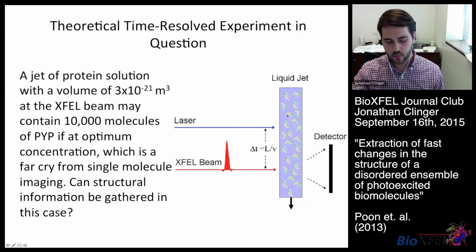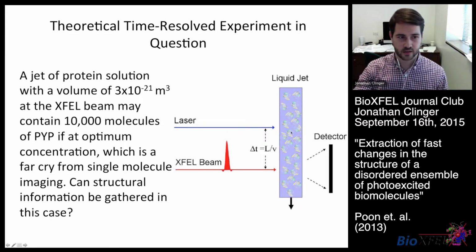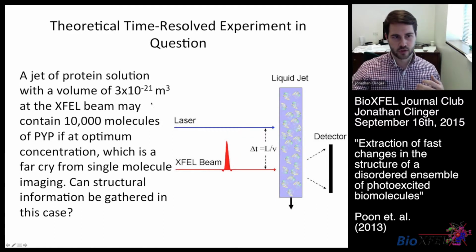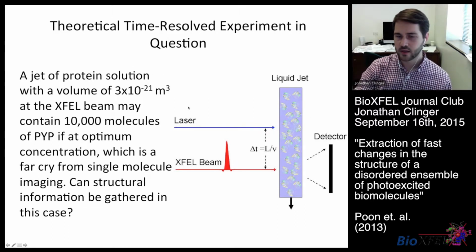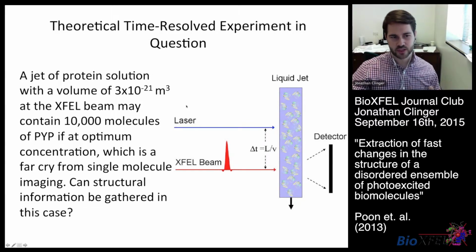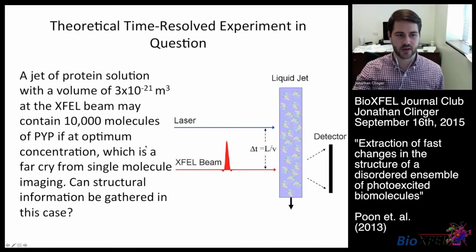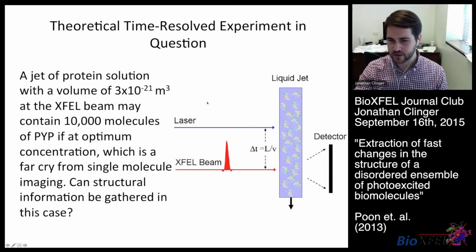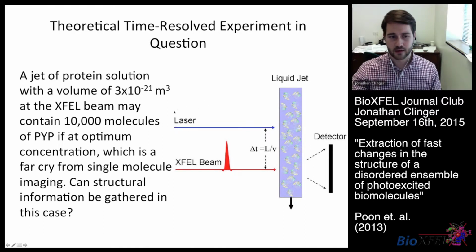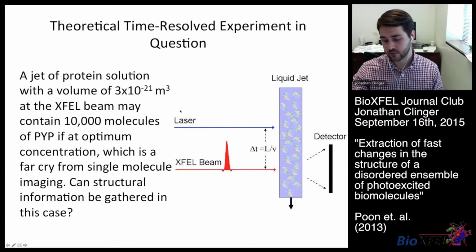where we have lots of proteins solvated, and for a minimum solution volume, which is something on this magnitude, at optimal concentration of proteins, which you want to have super high in order to limit water scattering versus protein scattering, may contain up to something along the lines of 10,000 molecules of PYP, for instance, which is fairly small. If it's bigger, there will clearly be less of them, but still nowhere near, say, 1, which we want to